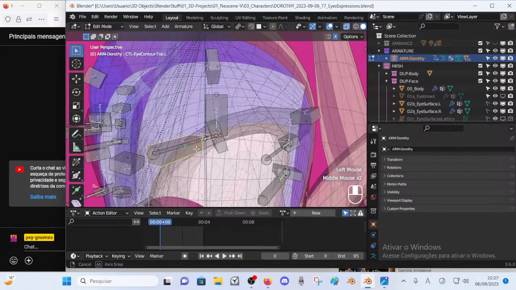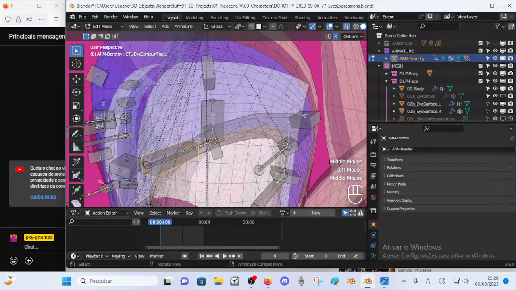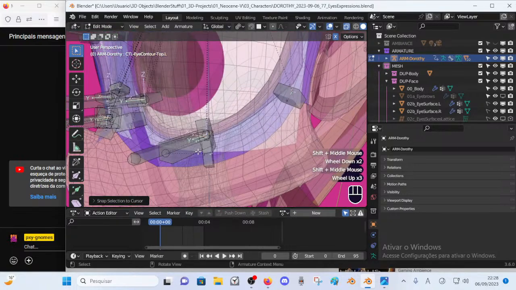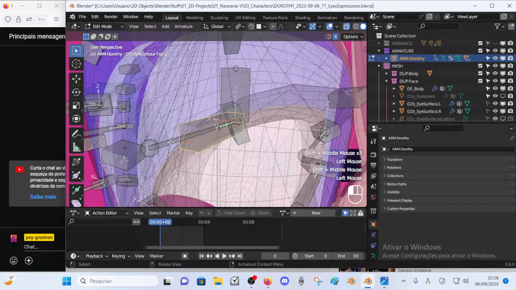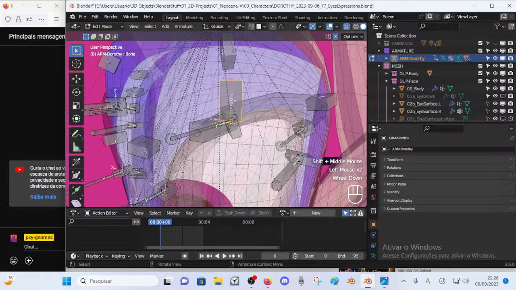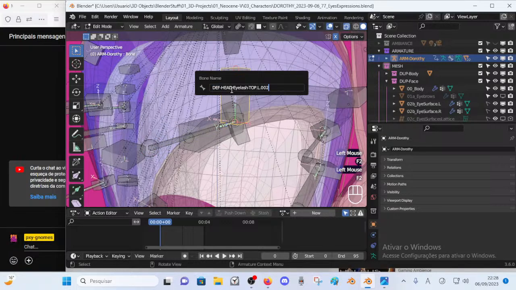Wait, no, this is the wrong bone. It's this one. Oh, this bone is also in a bad location. Let's readjust that, and same here, let's fix these positions. All right, so this is the main control bone and this is the eyelash bone. This extra bone, we'll name it something like mechanism.